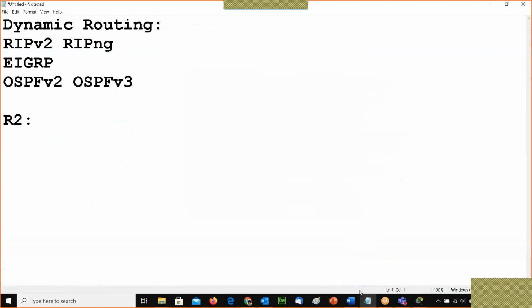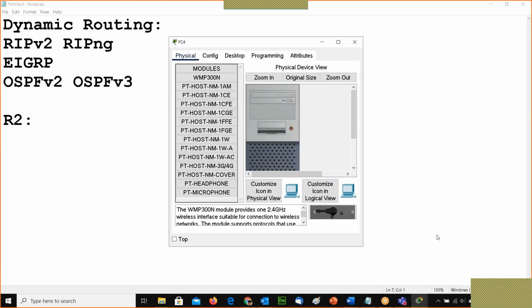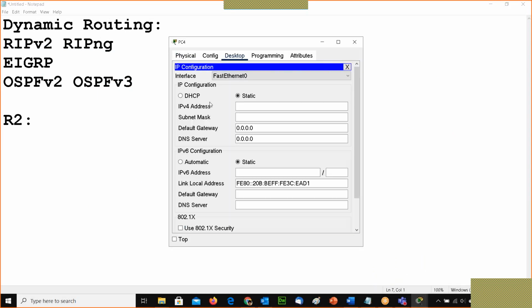What I have to do is give an IP address over there. So for PC4, here I am giving the IP address 172.16.0.10.